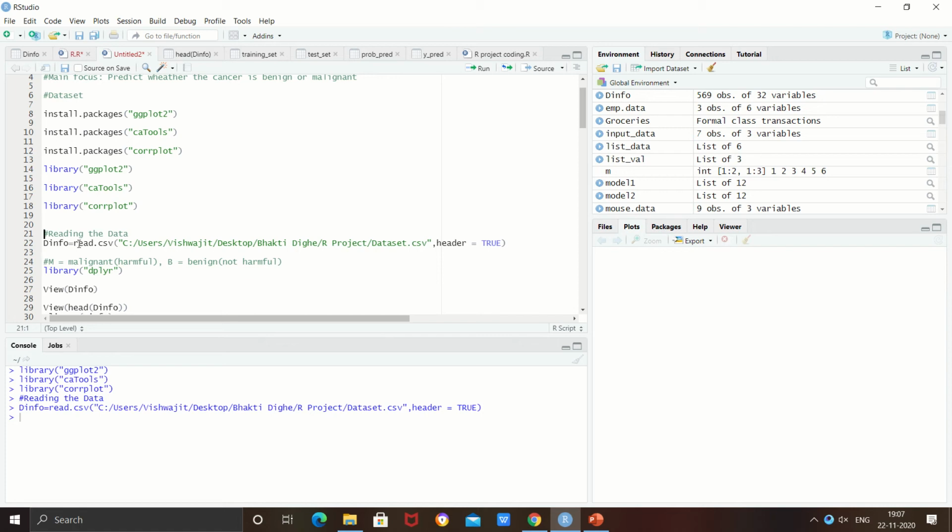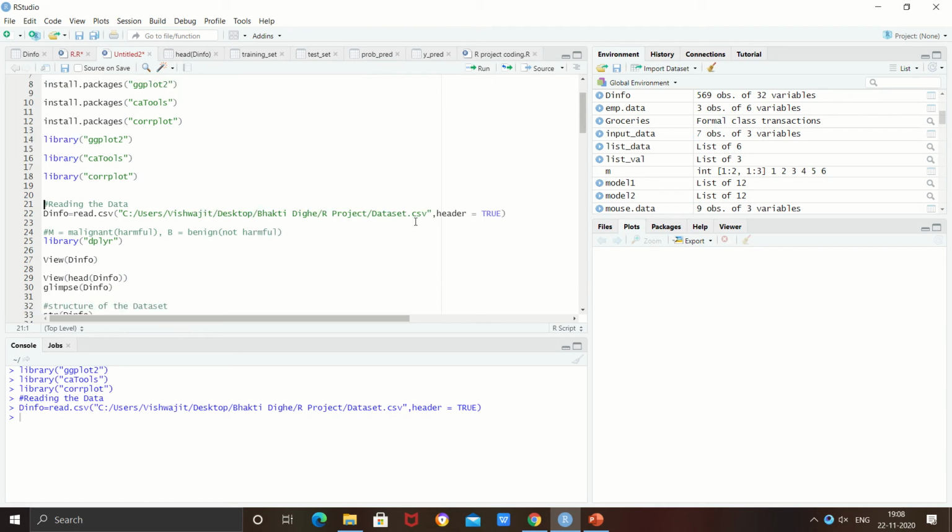Okay, so here we are going to read the data. For that purpose, we need to import the dataset into our code. We need to create a variable like I have created here, that is dinfo, and then specify the file type as CSV. Note the dataset file and the R file should be in the same location for easy access. And here we need to provide the path of the location of the file, where header equal to TRUE indicates the heading in our dataset. So here I am reading by using the read.csv function.